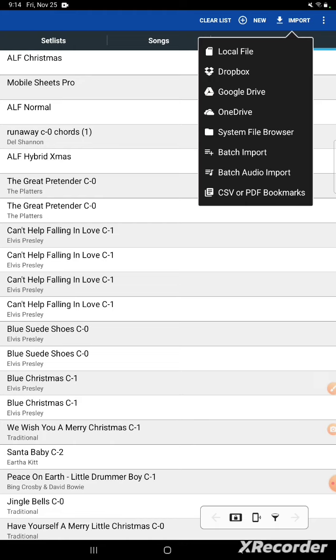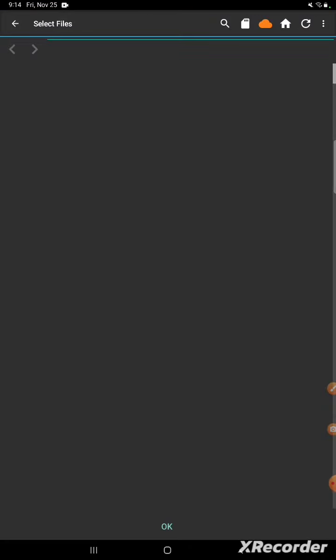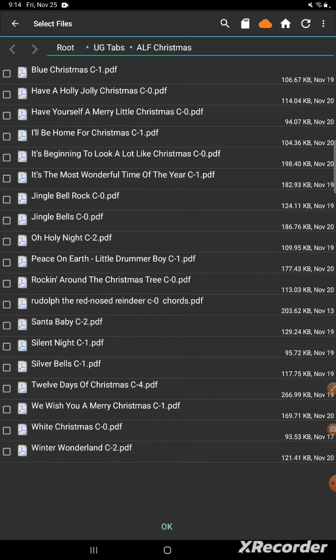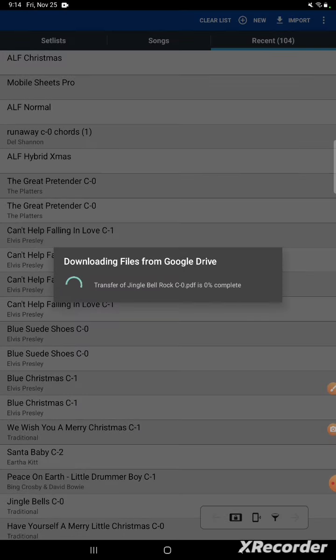So for me, what I do is I use Google Drive, and I have all of my Ultimate Guitar tabs in folders on my Google Drive. In this case, it went right to the last thing I selected, which was my Assisted Living Facility Christmas set list. And so all those songs are there. I can import them one at a time or multiple, however I want. So in this case, if I wanted to import Jingle Bell Rock, I would hit OK,